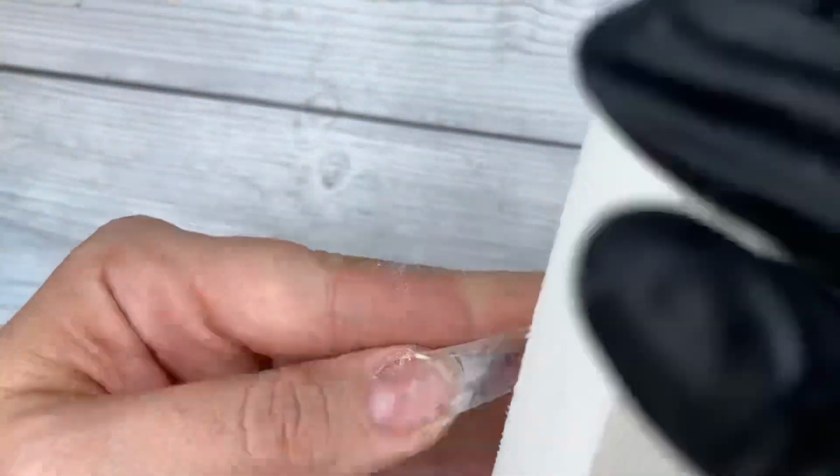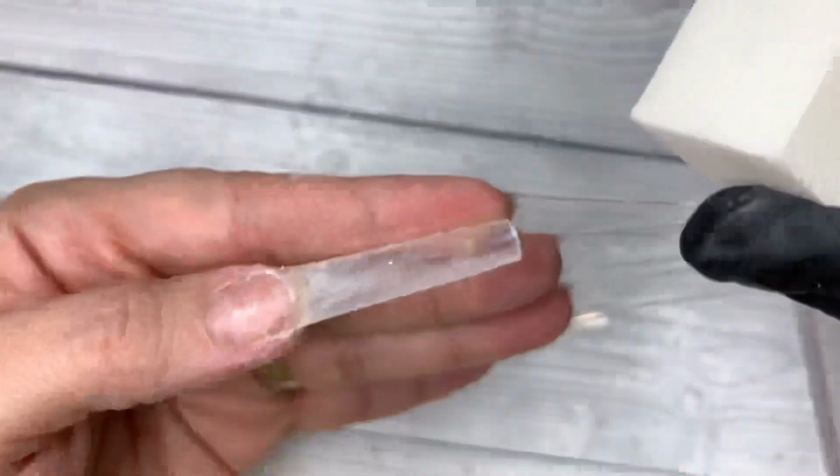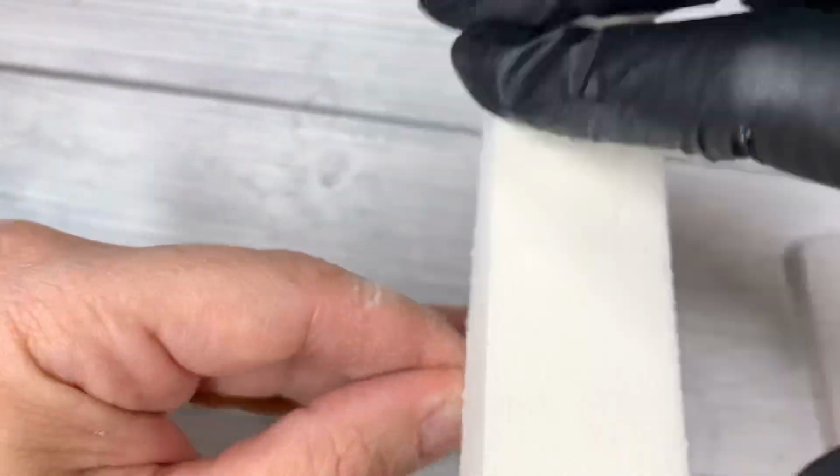Right, now I'm going to do this set out of hard gel, so we need to buff the tip. Buff it. Buff, buffy, buff, buff. Just a 180 grit buffing block, because we're going to be building this whole nail with hard gel. Now, building a long nail,